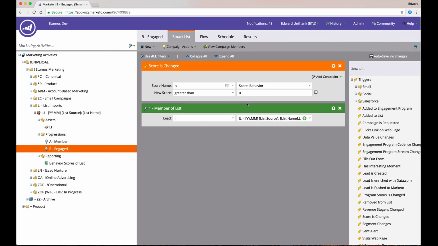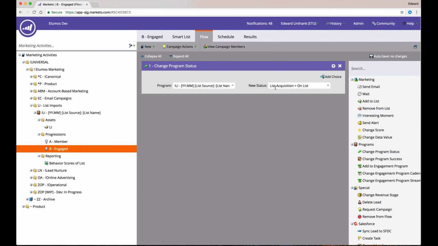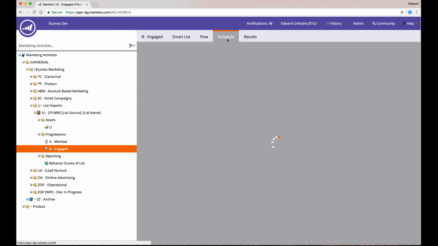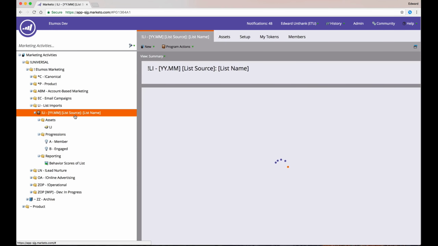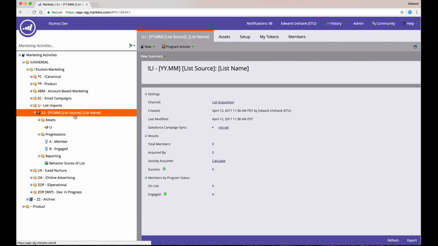So this is what the actual smart campaign looks like. You're looking at member of the list and your scores change for your behavior score. This is how we name it. You'd use your own, obviously. And the new score is greater than 0. And what this does, it'll just change their program status to on list and flow through once. So basically this is a nice condensed way where you can standardize these things, and then you can see